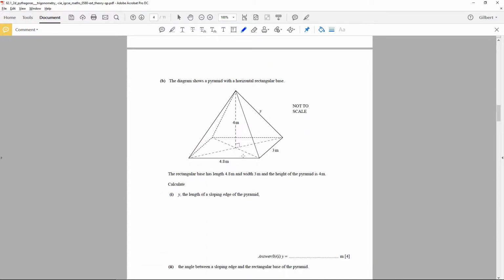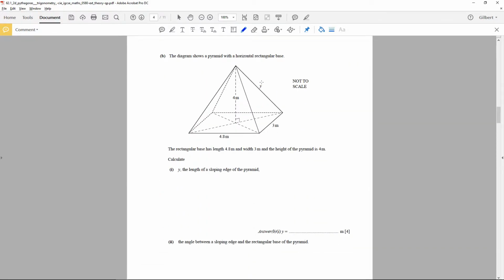Next question. The diagram shows a pyramid with a horizontal rectangular base. The rectangular base has a length of 4.8 meters and the height of 4. Calculate the value of y, the length of the sloping edge of the pyramid. Now look what we have here. At the bottom here we have